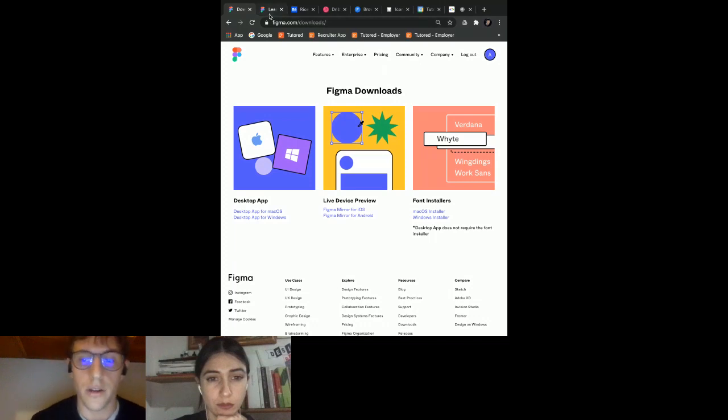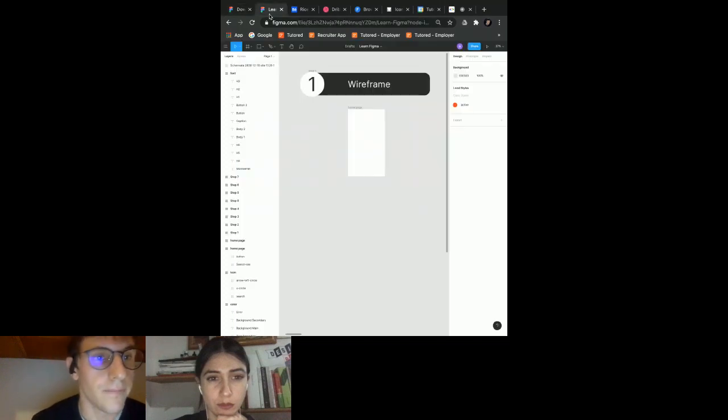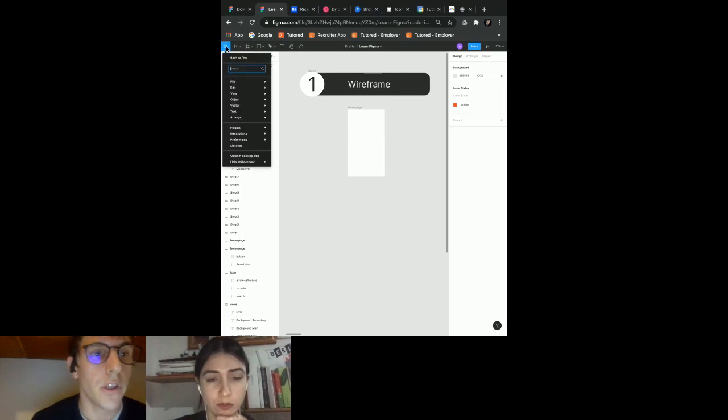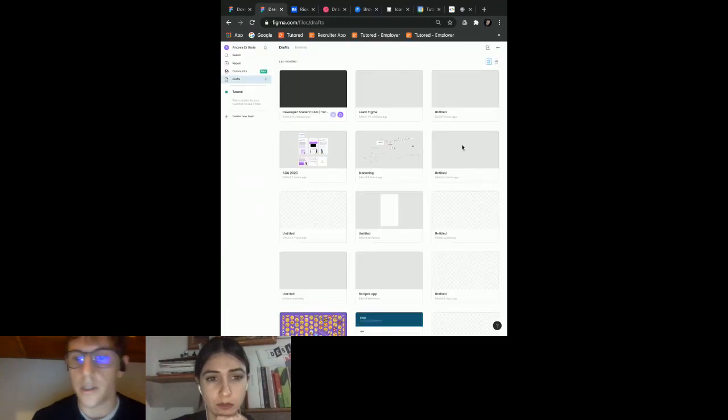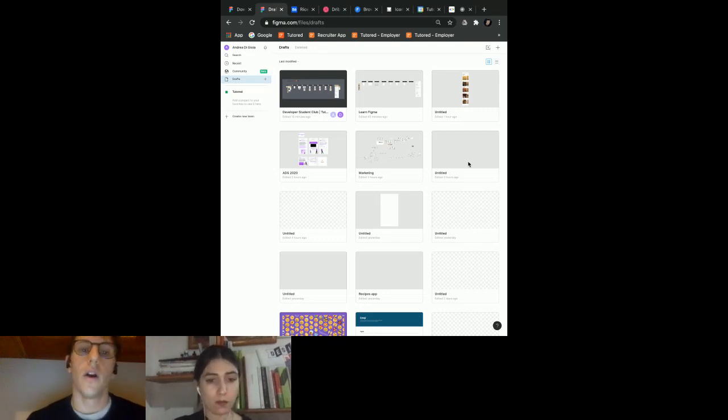Now let's go to Figma. I will show you in the browser, but it works better on the app. But also in the browser, Figma is very good. Don't worry if you don't want to download the app.